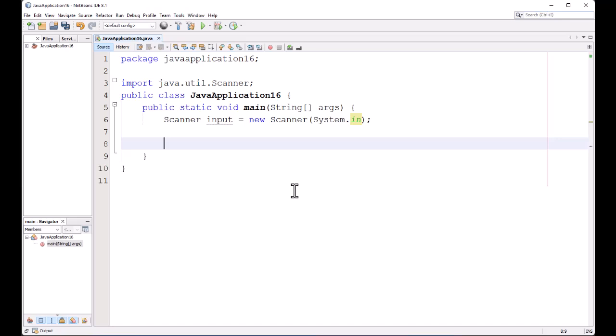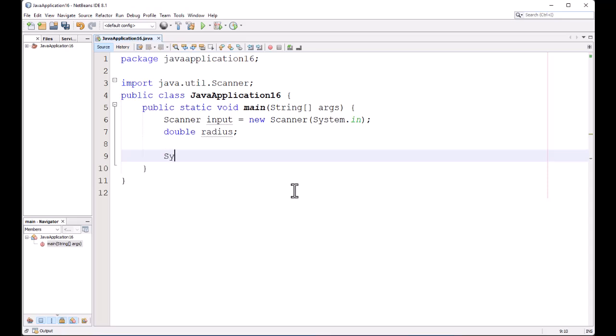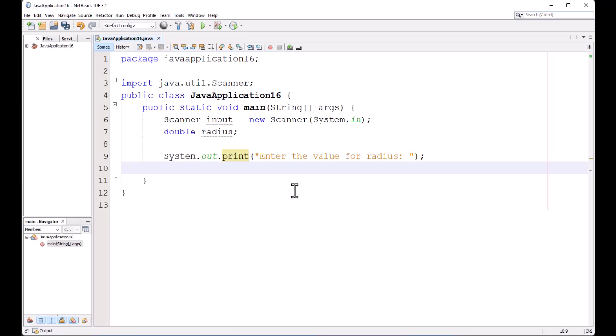All right, now let me declare the radius and take the radius from the user. So again, in my declaration section, they needed to take the radius as a real number, so this is double, means decimal points are valid. I will call it radius instead of calling it r. This makes more sense. Now let me provide a prompt to the user, System.out.print, Enter the value for radius,